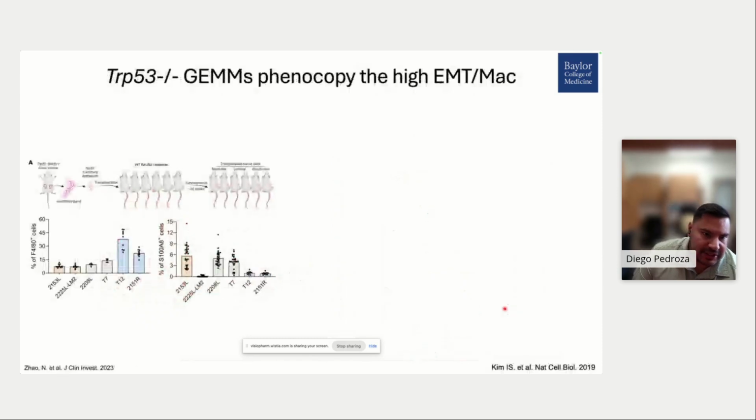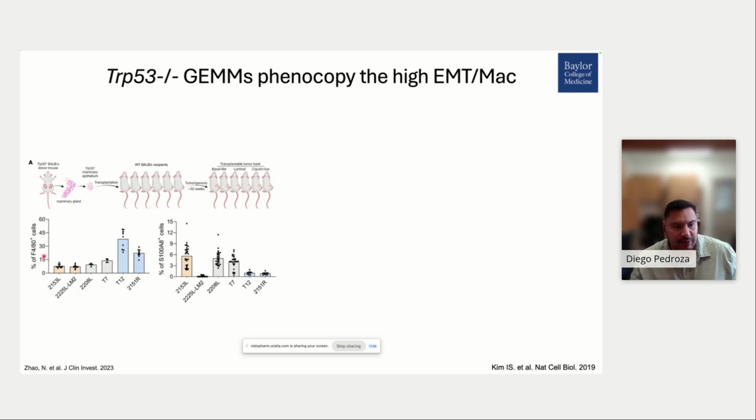To take advantage of this, our lab had genetically engineered mouse models. These are BALB/c mice, which have an immune system. We were able to take the mammary gland and transplant these, and we generated a transplantable bank. These mouse models span basal-like, luminal, and claudin-low. Because they have an immune system, we can look at the different immune cells.